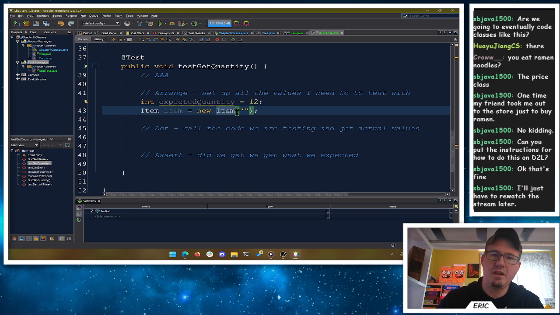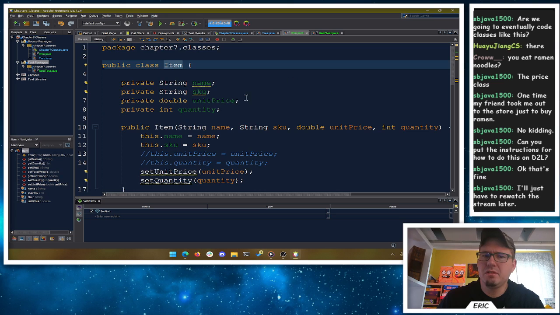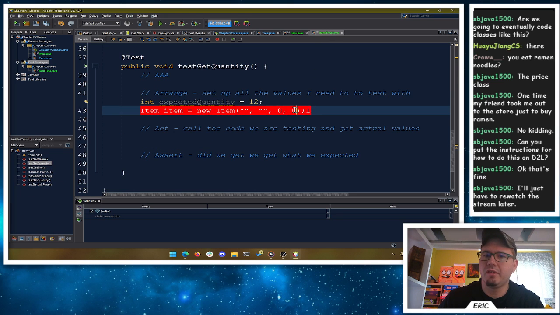Now, we don't care what the name was. We don't care what the SKU was, and we can just give it 0 and 0 here. We don't really care too much, right? No big deal here for getting quantity back out. But really, we know it's going to set a quantity. So why don't I give it the quantity here instead of the 0? So I'm going to give it my expected quantity.